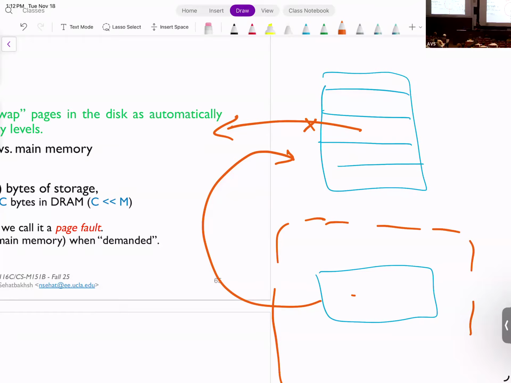So usually programs have multiple pages. So a program is much, much bigger than one page. Okay, so each program has tens and tens of pages. So when we are saying the page is not there, it means that for that particular program, the page is not there. We need to go and bring it.